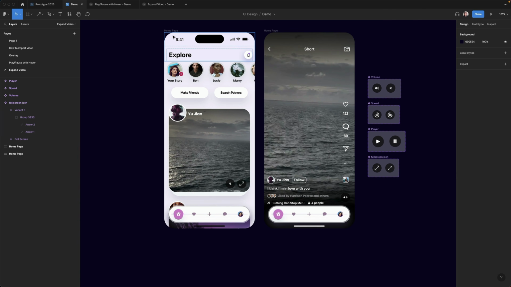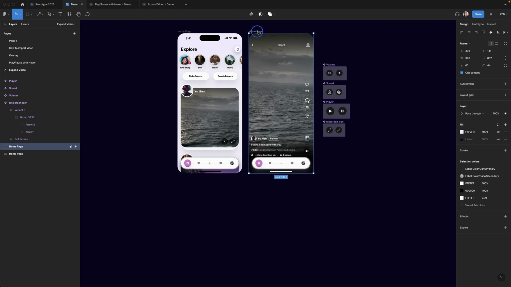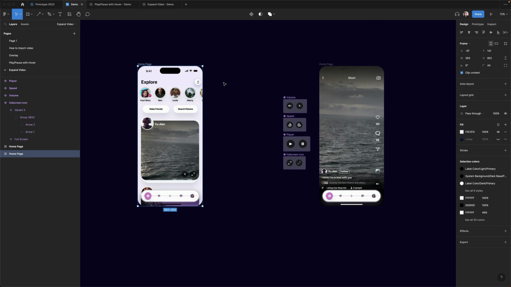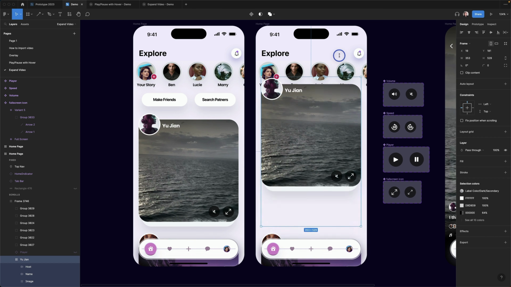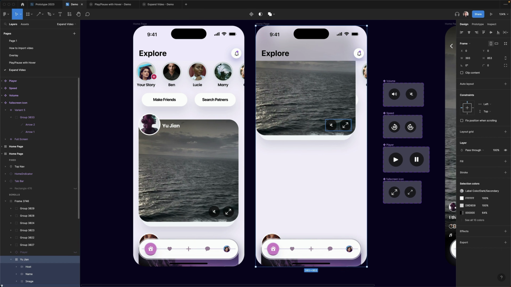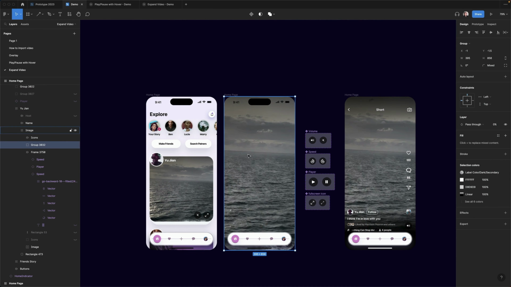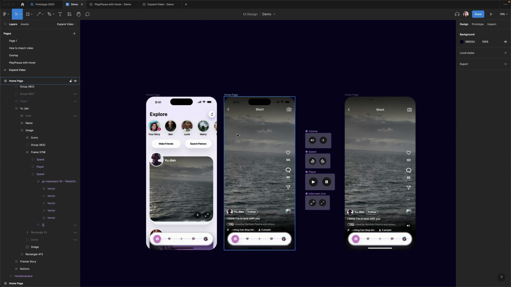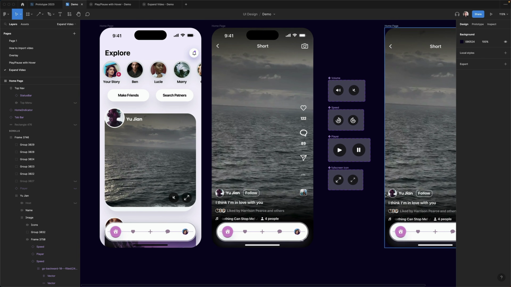All we need to do is duplicate the first screen. I'm going to make another one from scratch. So let's move this one here and duplicate this screen. We are going to expand this frame to make it a full screen, so resize everything to fill the entire screen. I am going to make it fast. Before that, I hid this group, so I'm going to set the opacity back to 100%. This is the details about the short. Let's change the status bar to dark mode, and same thing for the home indicator.